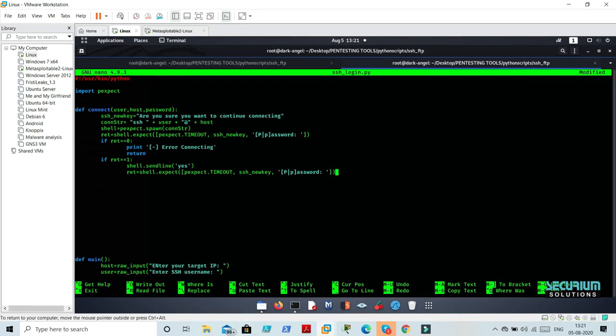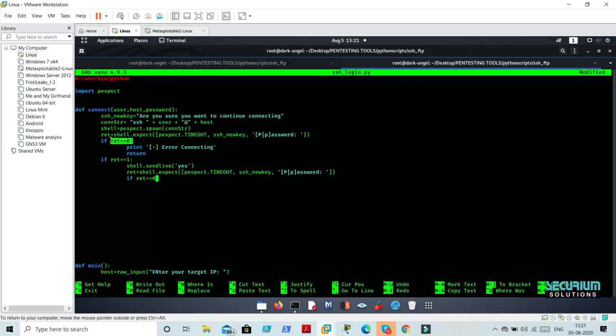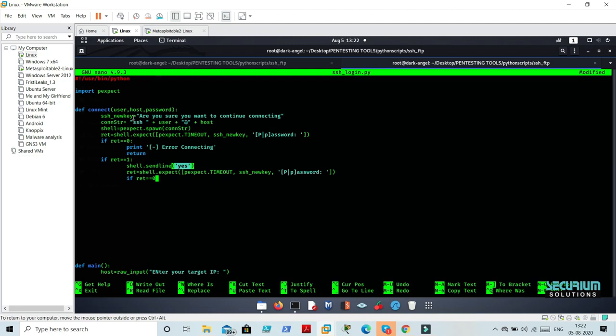Okay, so done. Now it will print out with a condition that if return equal to 0 with this return value. What I did, I've just added a return value in case there is an error without any password or anything. If it returns a false value, then it will return error connecting. In case the user gave everything right, then the command will send a line yes for this SSH new key. In case there is also an error, in some situations, that time it should return,